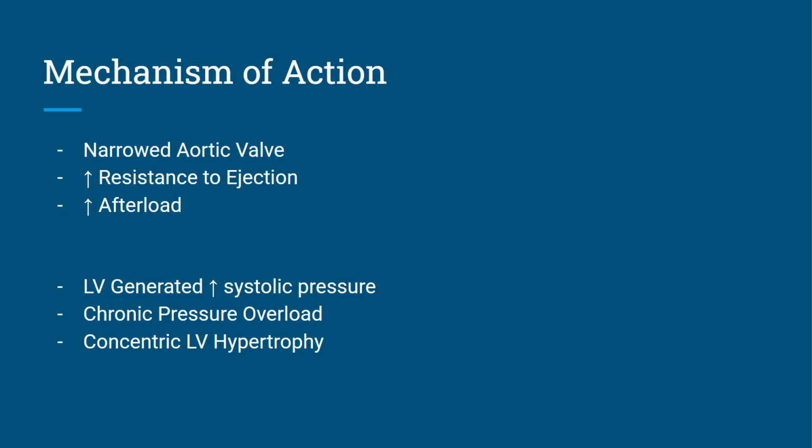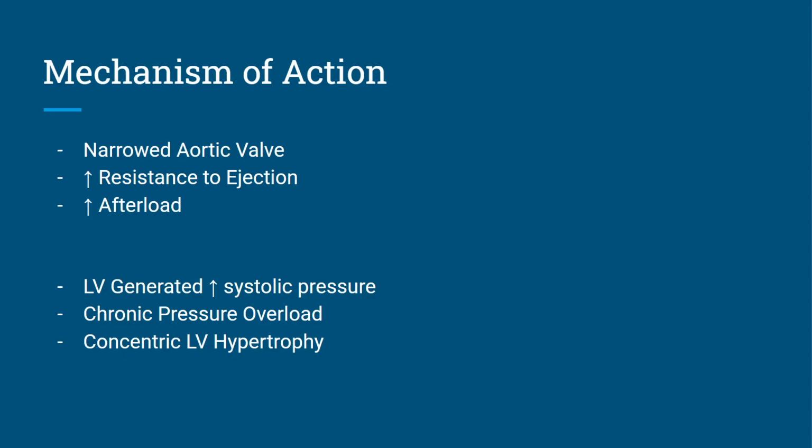And the mechanism is that aortic stenosis is the narrowing of the aortic valve. And so this narrowing will cause an increase in resistance to blood flowing during systole. And as a result, the left ventricle has to generate a higher pressure to eject the blood, which obviously will increase afterload. And this increased afterload is the key driver of this disease. And like I mentioned, because the valve is narrowed and the left ventricle has to generate a higher systolic pressure to overcome this obstruction,